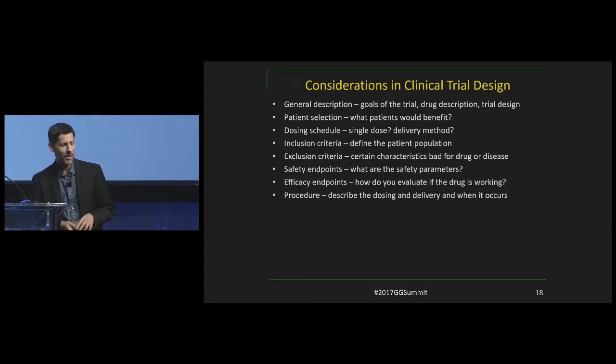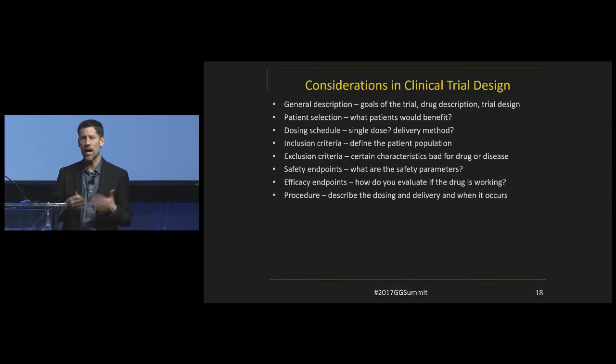So the dosing schedule, are you going to have a single dose or multiple doses? Inclusion criteria help define the population, and exclusion criteria. So for example, for a lot of the AAV gene therapies, one of the tests that you have to do before a patient can be enrolled is test to see if they have antibodies against the virus. And we talk a lot about viral gene therapy and what's the percentage of patients that may have already existing antibodies against the AAV. That's a constraint of your clinical trial. Safety endpoints, again, going in to describe the number of adverse events or the type of adverse events that can cause your data safety monitoring board to put a hold on your trial.